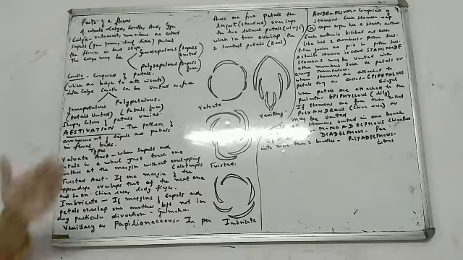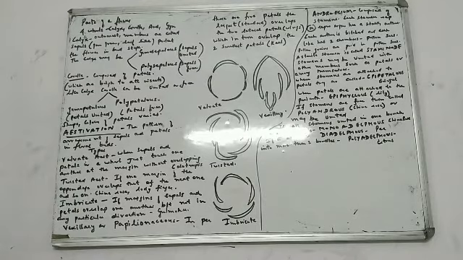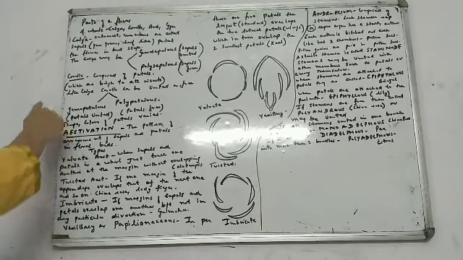Moving on to the second whorl, that is called corolla. I told you what is calyx. Calyx is the outermost whorl. It is made up of sepals. Sepals are green. They protect the flower when it is in bud position. The second whorl is what we call corolla. This is the second whorl, and it is made up of petals.